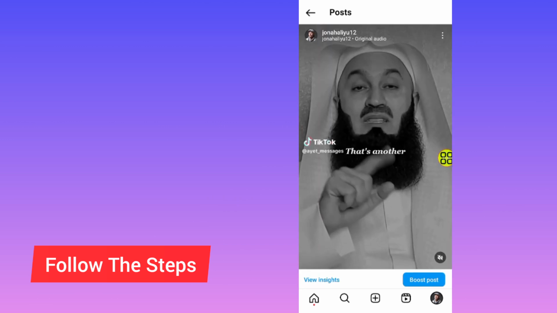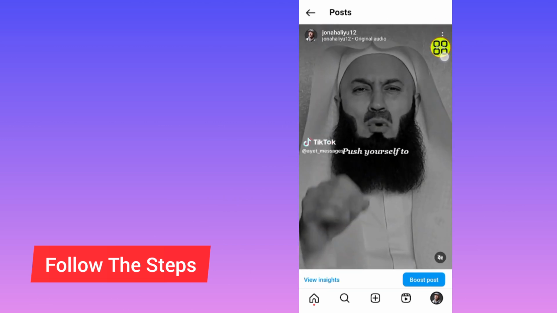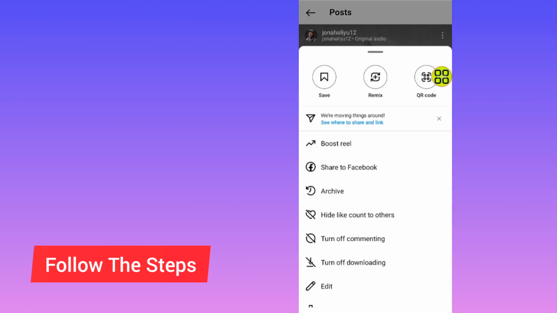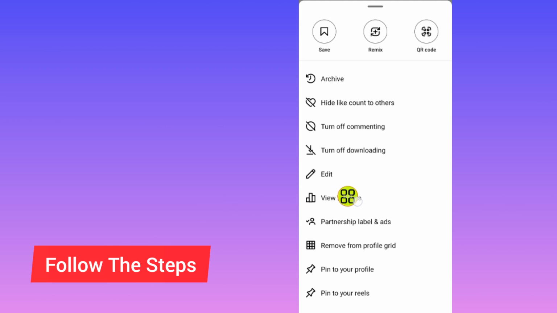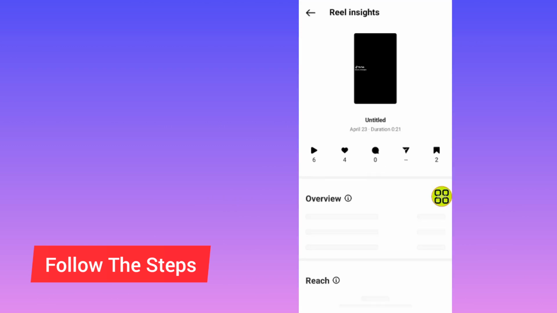After you open the video like this, all you have to do now is tap on this three dots at the top right side. After you tap on the three dots at the top right side, scroll down and go to this view insights. After you open this view insights, in this section Instagram will show you